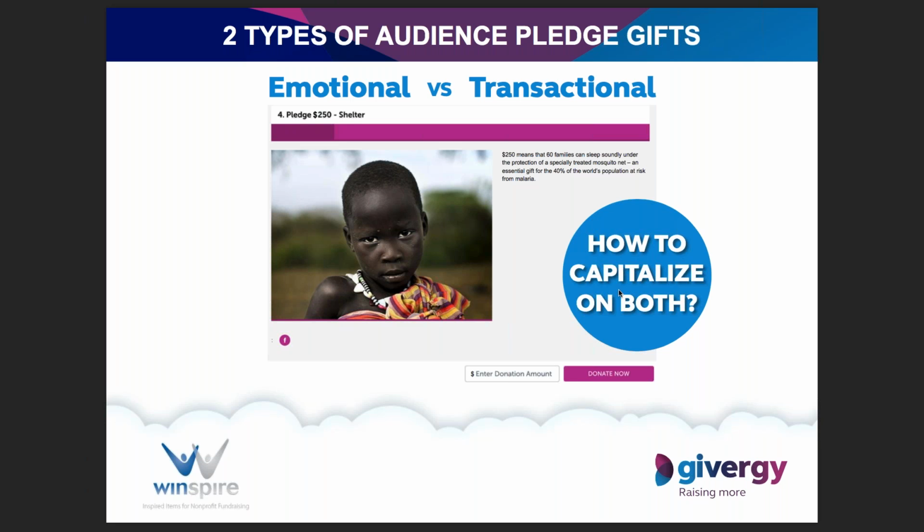But actually, the real value add of a successful pledge drive is in the other category, the transactional people. So those transactional pledges are made by people who typically are not emotionally vested in the organization. They are that 70 to 80% of the audience who are guests. Very often each table will be purchased by someone or an organization, and the 9 other people are guests. And you can't expect them to have the same level of commitment to the organization that their table host has, and certainly not the same level of commitment that you have as event planners and professional